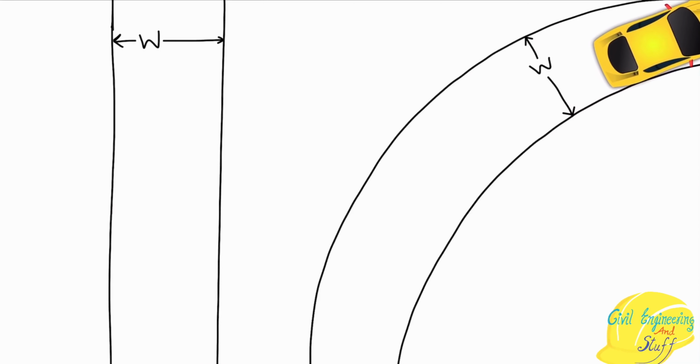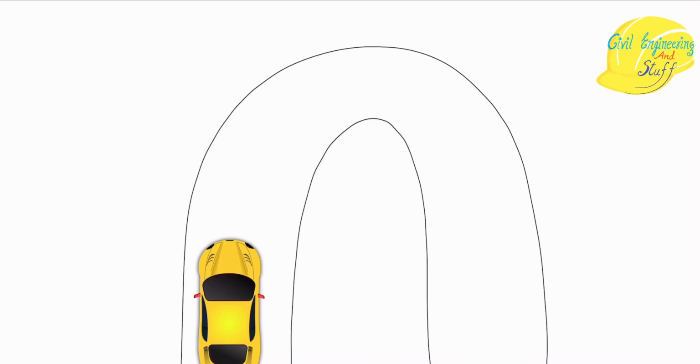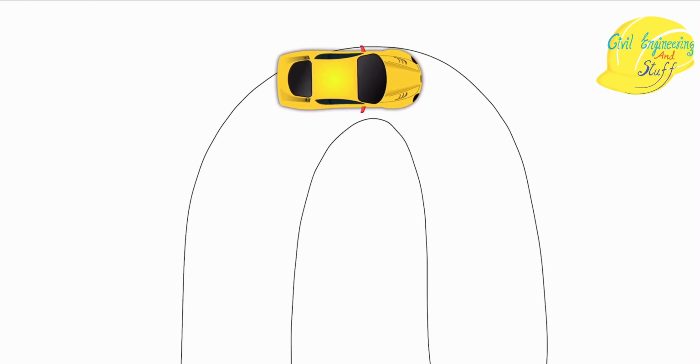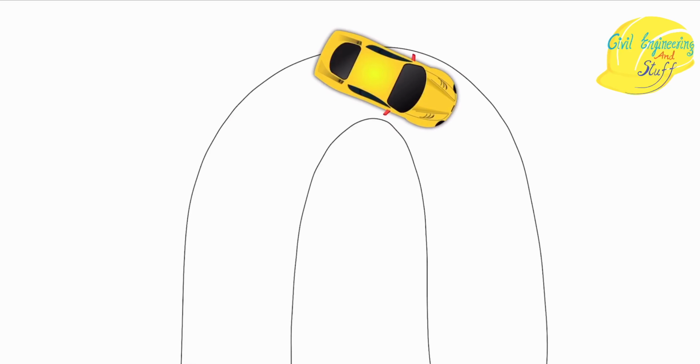problem. And this behavior becomes much more evident when the vehicle is entering a sharp horizontal curve, and we can see that the front part of the vehicle will take a very sharp turn while the rear part will go off track from that of the front part of the vehicle, right? So you can see the front part of the vehicle took a very sharp turn while the rear part deviated from that of the front wheelbase. So this is called off tracking of the vehicle.